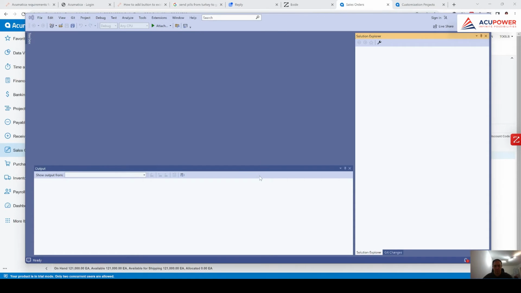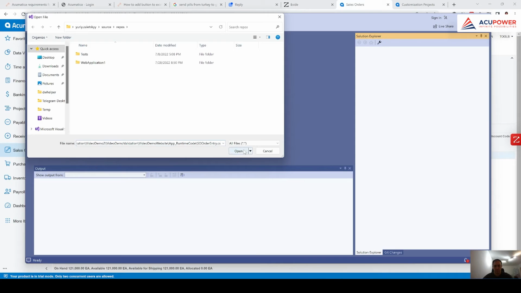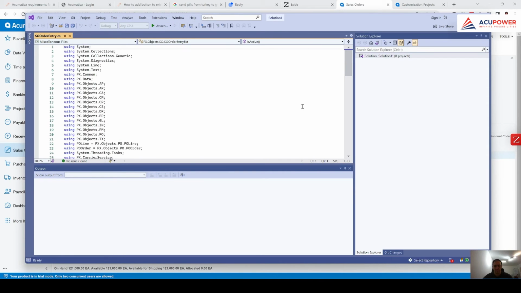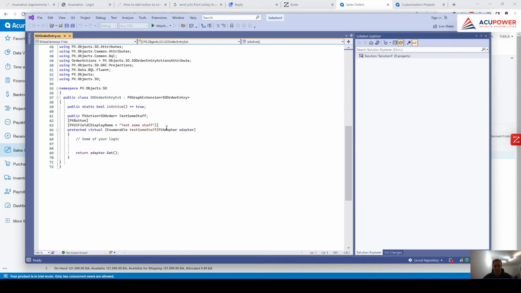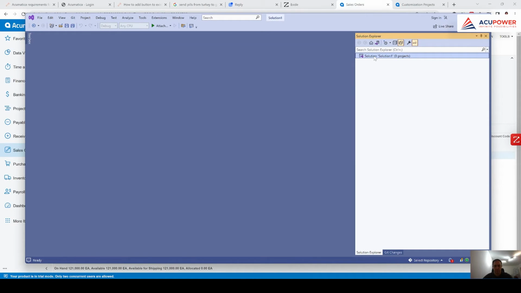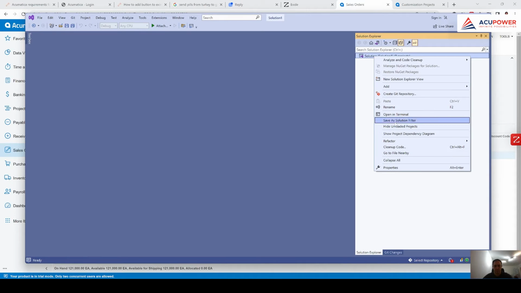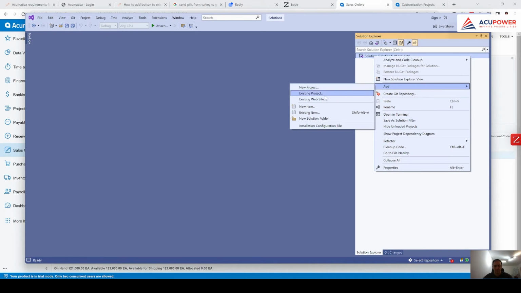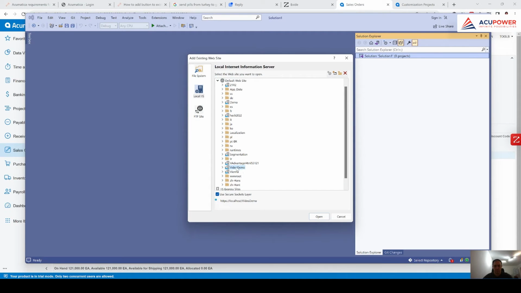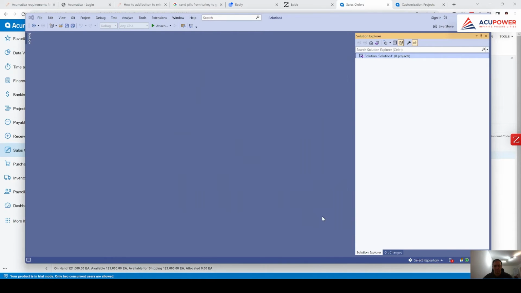Open file. A bit of patience. Here we go. This is the snippet which we copy pasted from our blog. And now let me demonstrate to you how you can debug this button. In order to do this, I'm clicking here, add existing website, and I'm clicking on video demo. I'm clicking on open,